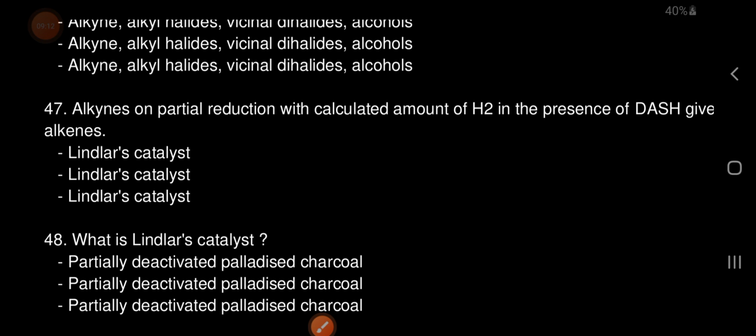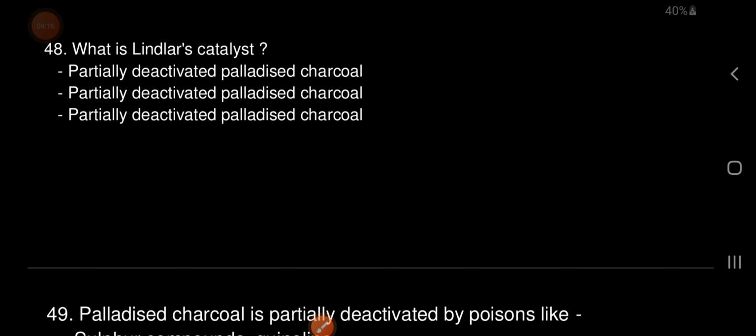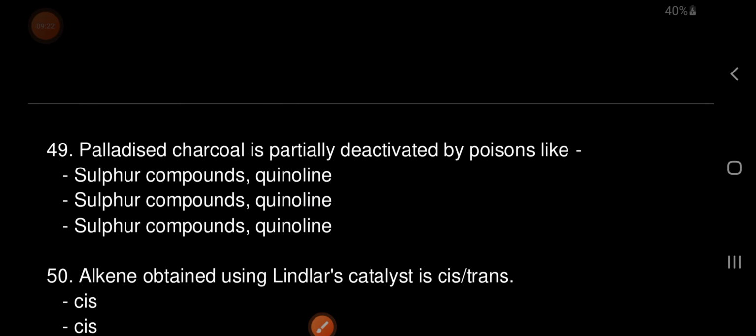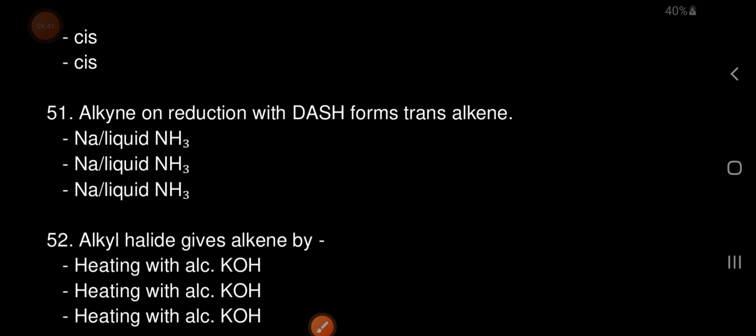What is Lindlar's catalyst? Partially deactivated pelletized charcoal. Pelletized charcoal is partially deactivated by poisons like sulfur compounds, quinoline. Alkene obtained using Lindlar's catalyst is cis or trans? Cis. Alkyne on reduction with